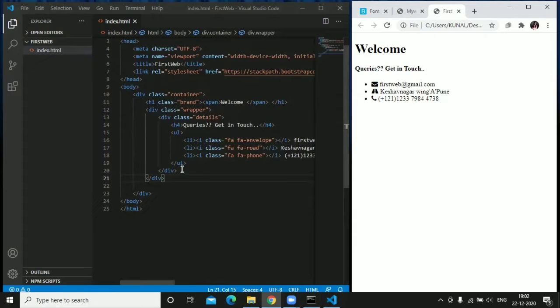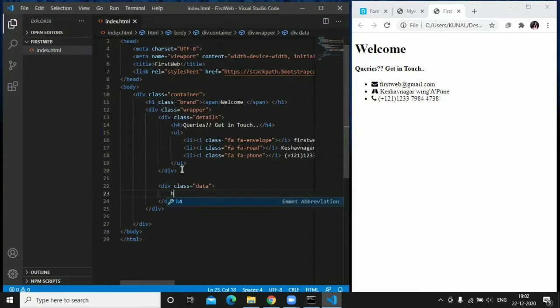Just create another div, dot data. Inside the data, we will pass the heading, login form.